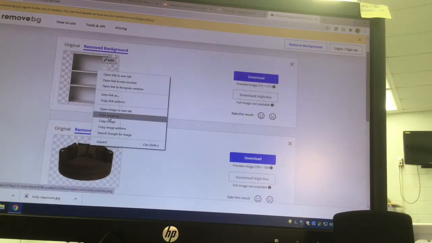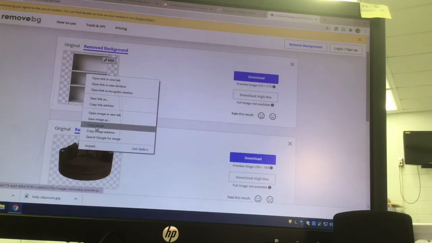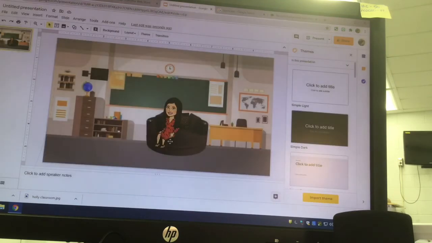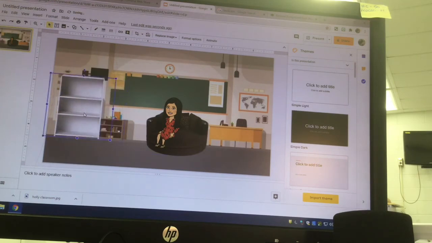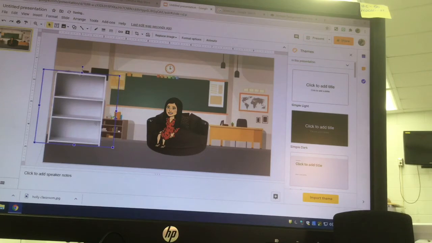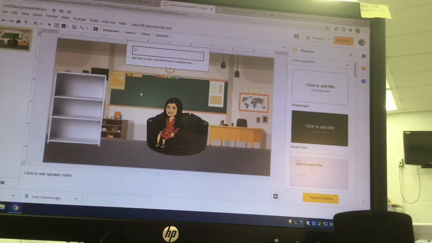And now that I have that, I can save the image, or I can just copy and paste. And I'm just gonna cover up this wall right here. Now on here you can do whatever you want. You can insert word art and type, you know, welcome to